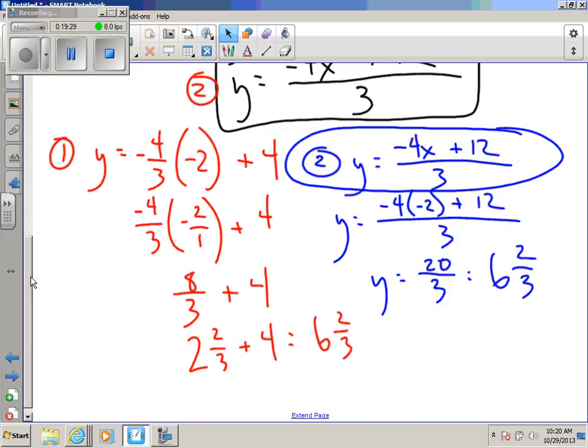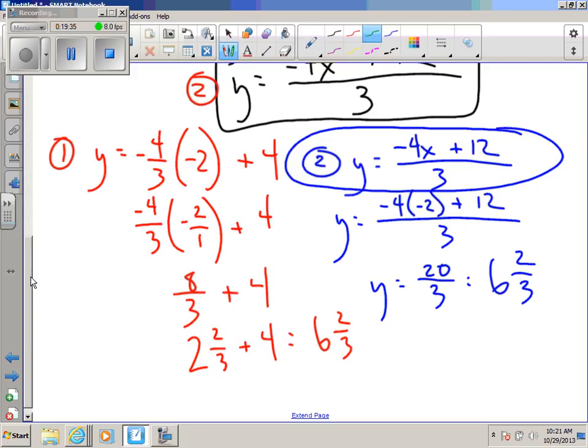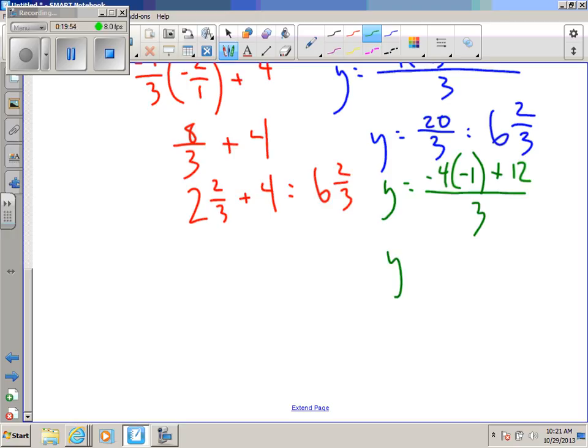Actually, all I had to do was put it as an improper fraction and then simplify it. How does option 2 work with the second one? Y equals -4x -1 plus 12. So we used our -2. Now we'll use our -1 all over 3. -4 times -1 is positive 4 plus 12. 16 over 3